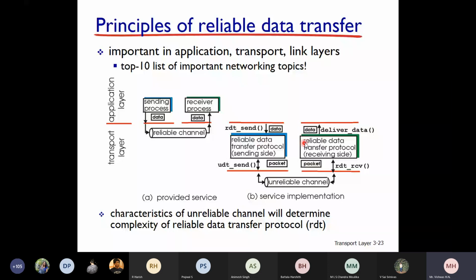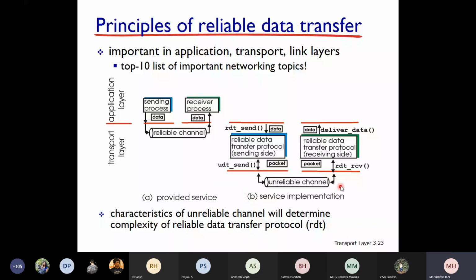This is the sender side and this is the receiver side. While sending application data, the application layer creates the message and calls a function. When that message comes into the transport layer, the function call is RDT send, and then the transport layer calls UDT send because the layer below is an unreliable channel.